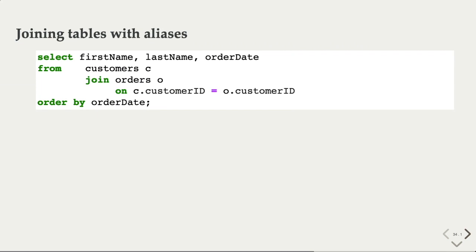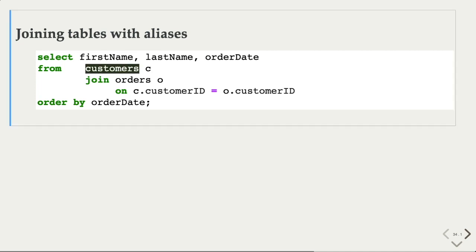You can join tables with aliases. This is particularly useful when the table names are long, and sometimes the ON condition can involve multiple fields, so you may be repeating the same table name over and over again. In this case, when you select the columns from customers, you can actually put a space and C,